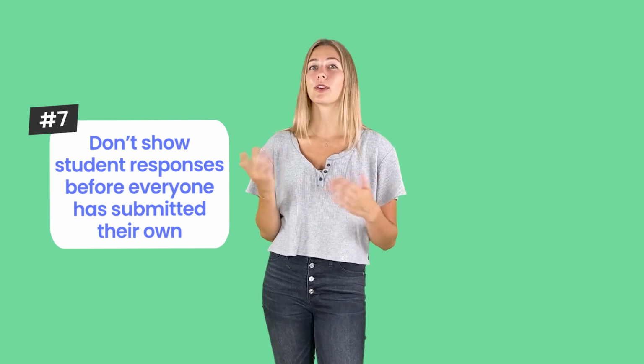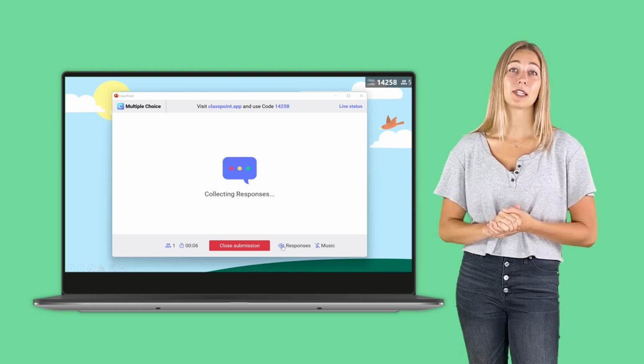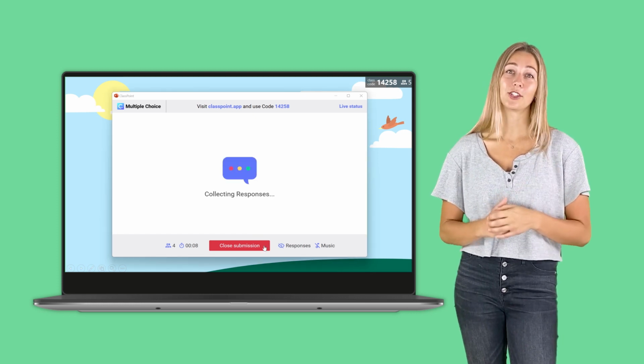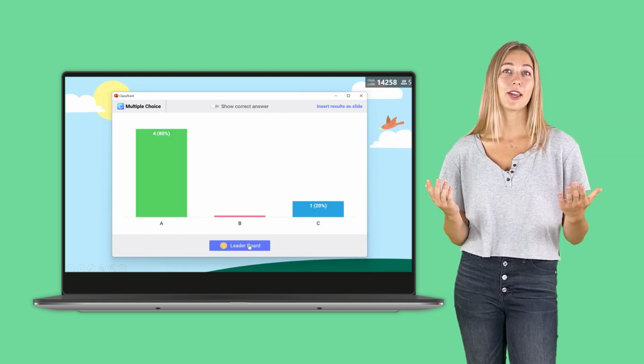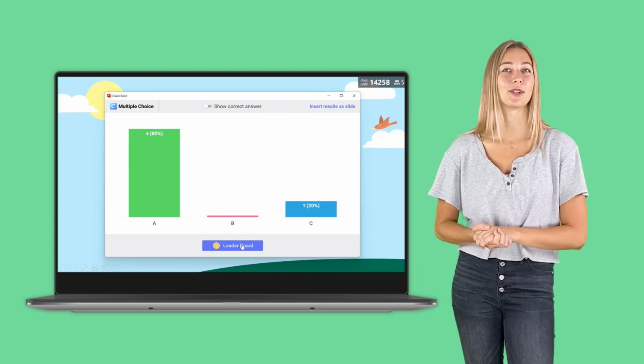Sometimes it's fun or inspiring for students to see their classmates' responses before they go ahead and submit their own, especially with questions like word cloud. But other times, you might want to gauge students' understanding or challenge them to think outside of the box. When that's the case, you want to make sure to keep the responses hidden until the question is closed. This way, you know all the students have submitted their answer all on their own, not being influenced by somebody